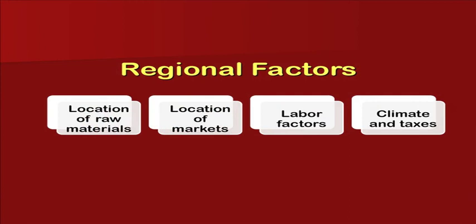Regional factors basically relate to location of raw materials, location of markets, labor factors, climate and taxes. So, regions are basically developed on the basis of population. If the population is standardized, there are more good investors who develop the supply chains, the industries and the factories. If we consider Jodhpur as an area of growth, the investment in handicrafts is high. So, the industrial areas which are developing and creating handicrafts are giving supply chains also, where craftsmanship in terms of painters and scrap is also doing well.